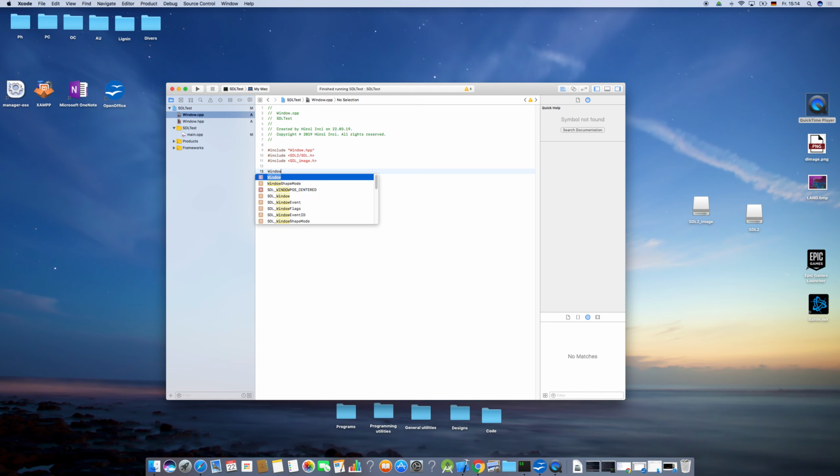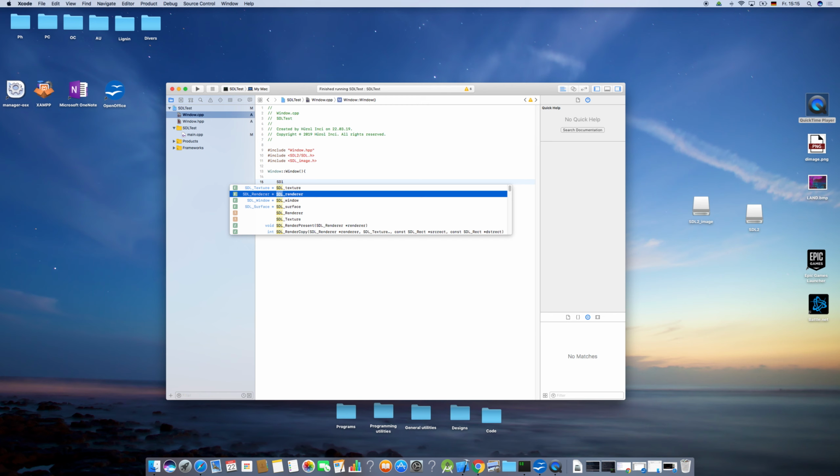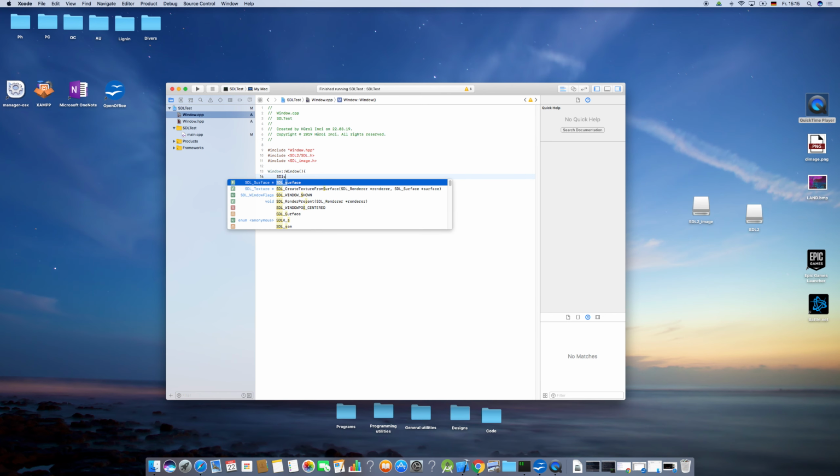Now we want to initialize the constructor, like this, and we're gonna initialize all the variables we just declared in the header file, which are texture, SDL renderer, SDL surface, and the last one was SDL window right here. And we're gonna initialize all of them as a null pointer,